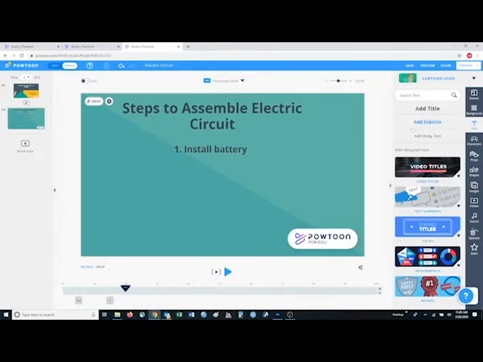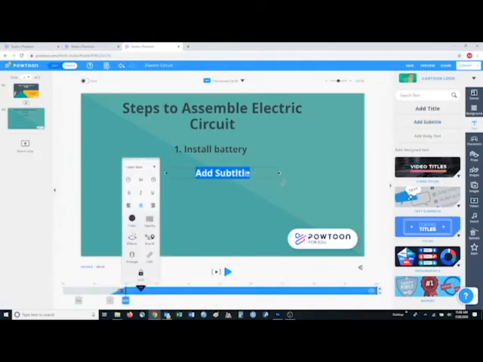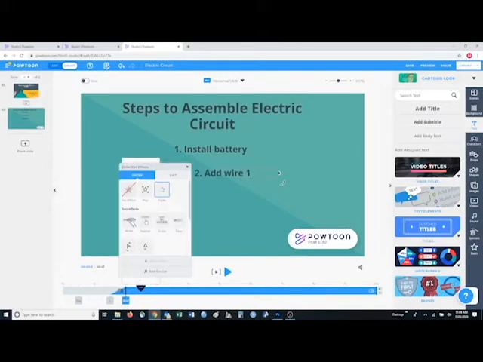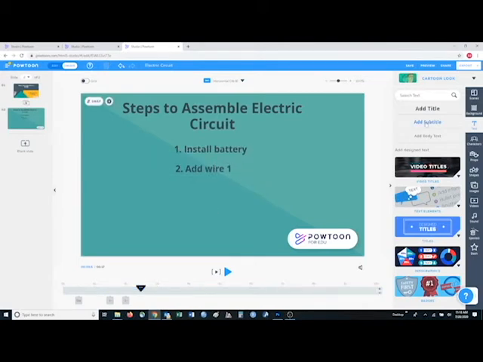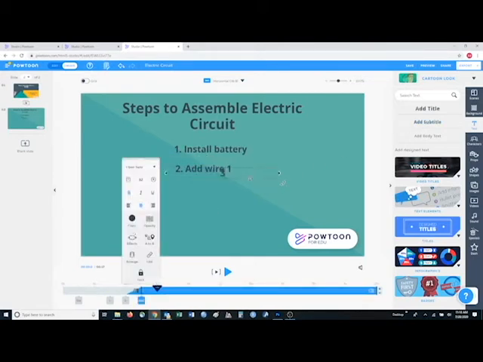Click Add Subtitle again and type 2 add wire 1. Click on Effects, click Appear, close the box, move it under 1, click Subtitle, type 3, add